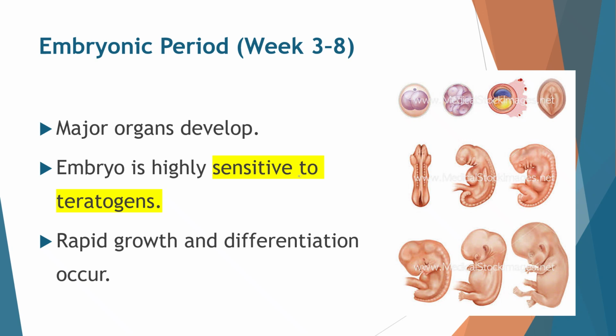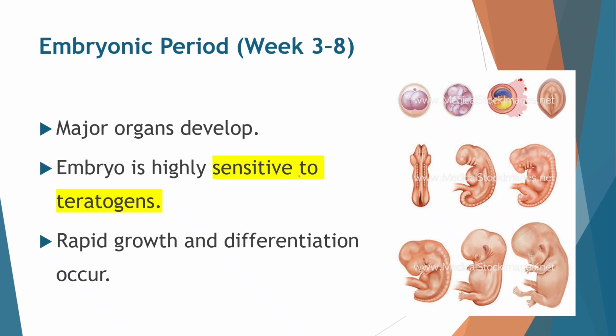Now, what are teratogens? Teratogens are harmful substances or factors that can interfere with the normal development of the embryo and cause congenital anomalies or birth defects. Examples of teratogens include certain medications, alcohol, smoking, infections such as rubella, radiation, harmful chemicals, and some environmental toxins. Since the organs are developing during this period, exposure to these harmful substances can seriously affect the baby's growth and